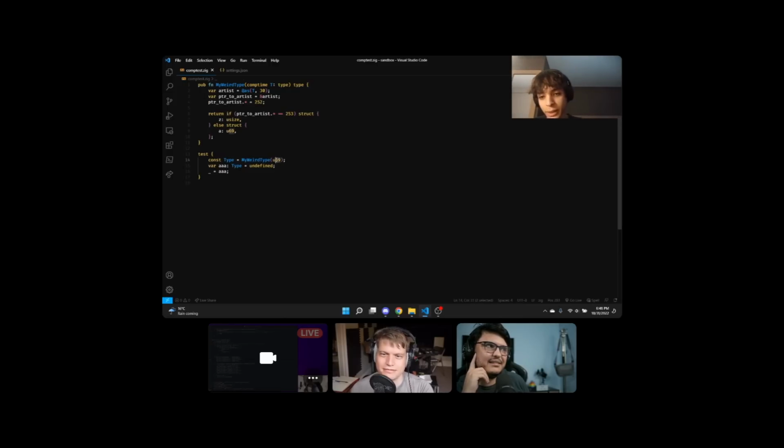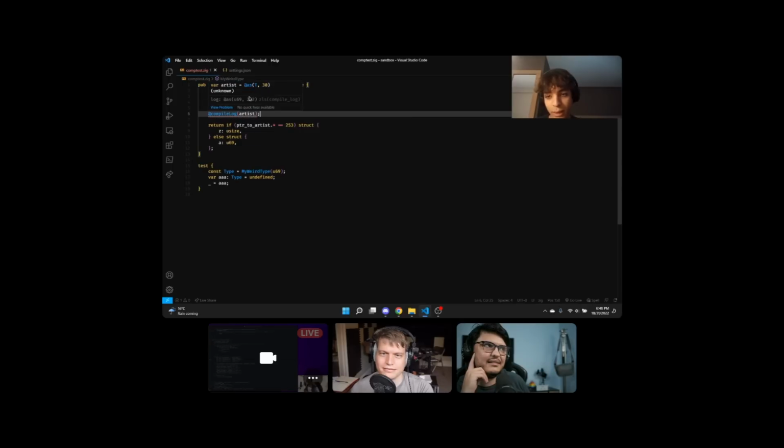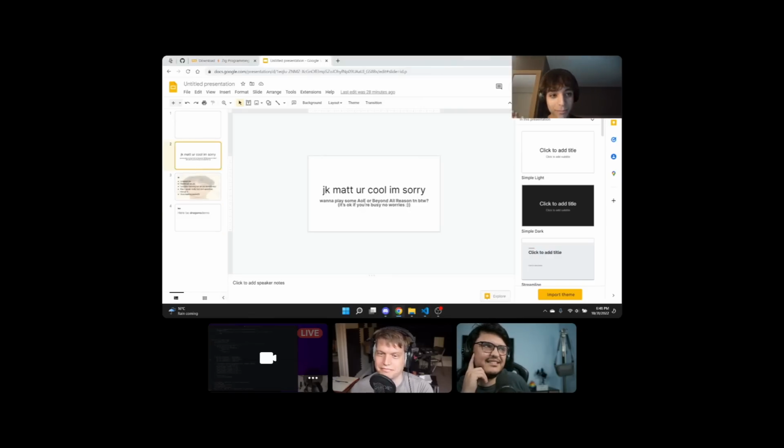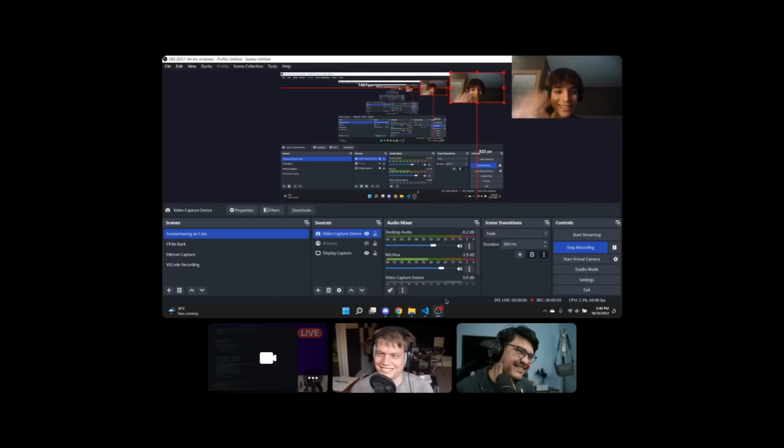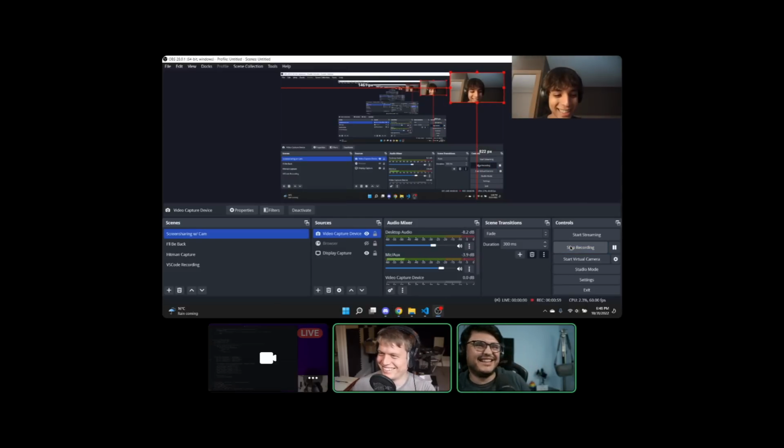Make this a U3. I get an error. Pretty nice. Let's say I want to debug this. My code isn't working, what's going on? Do this, and I get debug output. So yeah, some stuff I've been working on, and hopefully this will be in ZLS very soon, and we would enjoy it. Also, Matt, we beyond all reason tonight? Like, I'm down. Like, hit me up. Anyways, bye.